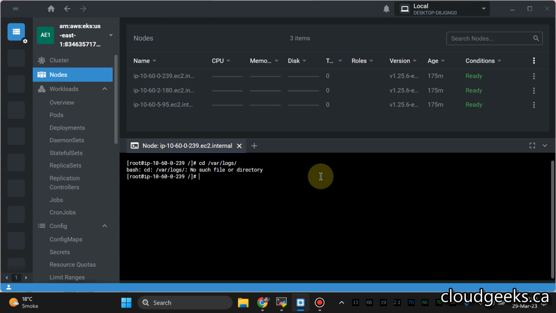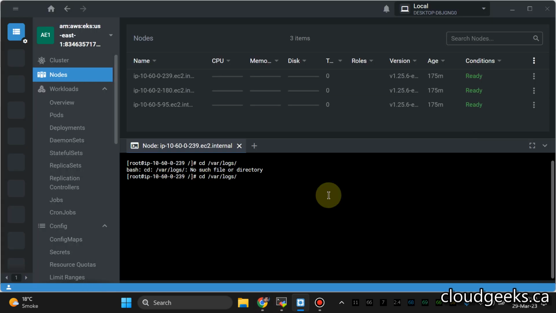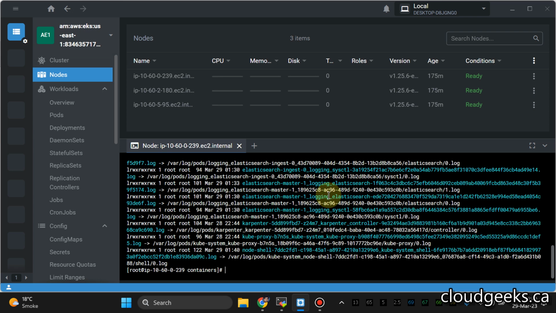Oh, just a minute. Okay, sorry, it's a typo here. It should be var log. If I do ls here, and navigate to the containers, and do ll here, you will see these are actually symlinks pointing towards the var log pods. If I do cd into var log pods,